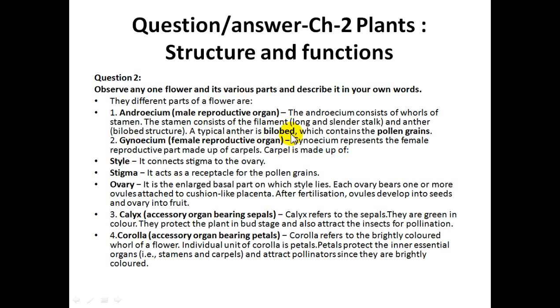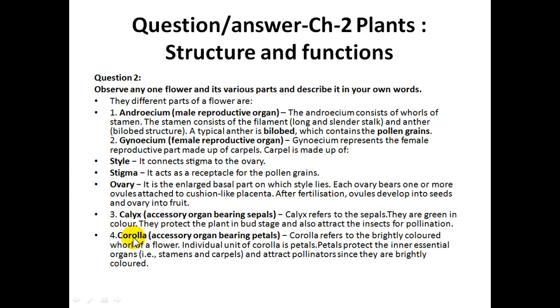A typical anther is bilobed, which contains the pollen grains. Okay, we all know where pollen grain is situated. Pollen grain is situated in the anther, and anther is the male part of the flower. Gynoecium is the female reproductive organ. Gynoecium represents the female reproductive part made up of carpels, and carpel is made up of style, stigma, ovary, and